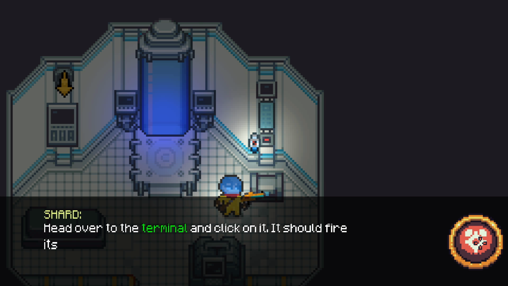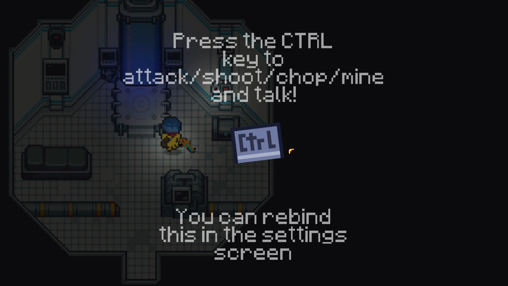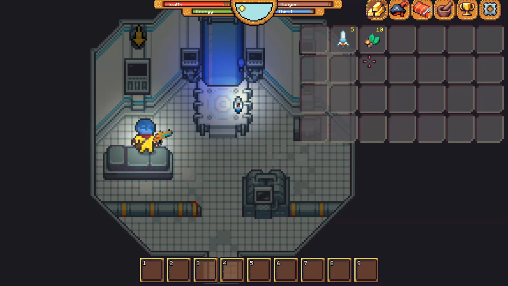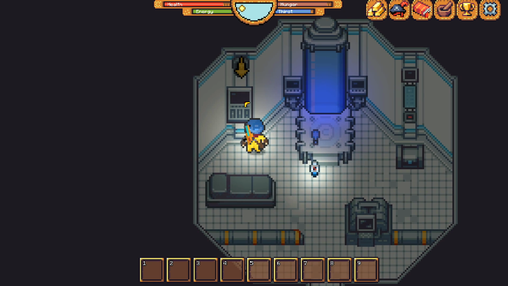Head on over to the terminal and click on it for me. It should fire itself up. All right, so control key will attack, shoot, chop, mine, and talk. Gotcha. Yeah, that bullet bounced all over the place. I'm not sure I want that, but